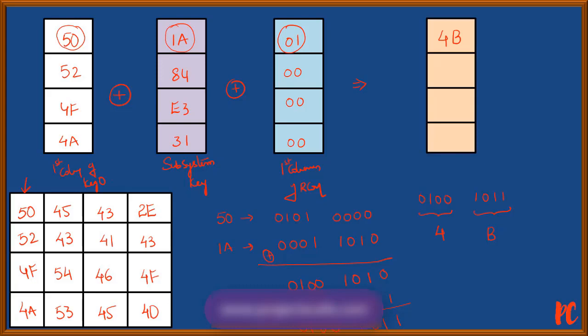Again performing the XOR operation of this second element and this second element, the resultant of this is going to make an XOR operation with this, which will give me the result D6. Similarly, making an XOR operation with 4f, E3 again with 0, 0 would lead to AC. Finally, the last element 4a making an XOR operation with 3, 1, again performing the XOR operation with 0, 0 will lead to 7b. Now this will act as my first column of the subkey.